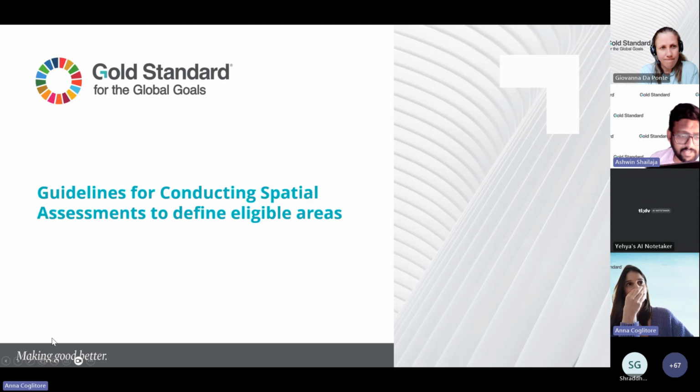Thanks. So the next few slides, we will just touch upon, we will not go into the details here, but we'll just touch upon the steps of conducting a spatial assessment. I just wanted to touch upon these points to also highlight that the methodology also proposes a lot of RS GIS techniques to be applied. So just wanted to touch upon some of those aspects.